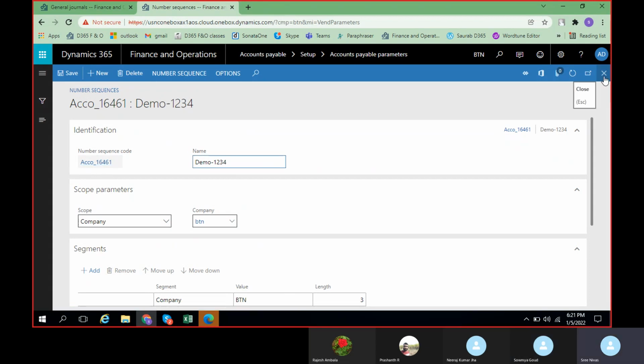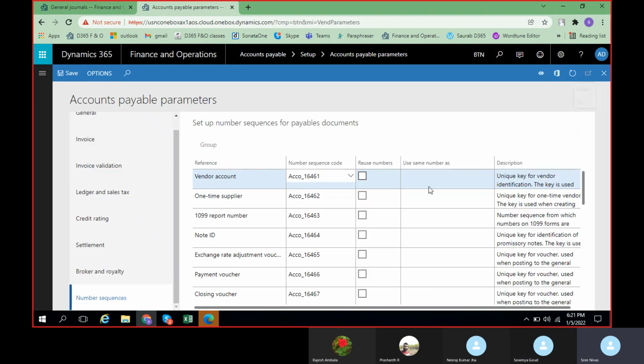Okay, I think, see, this is the number sequence code, right? This got generated by default. When we created under the organization hierarchy, we selected the number sequence, right? Based on that, this is already created. So maybe the default one we cannot change, but transaction-wise we can change later. Okay, fine.